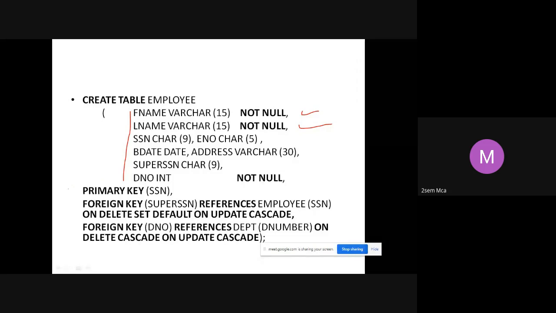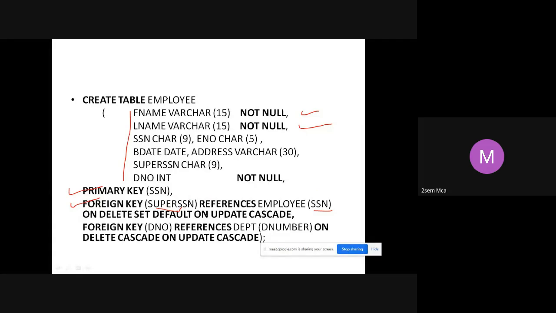Next, primary key of SSN, so we are making SSN the primary key. Next, foreign key of super SSN references employee of SSN. That means SSN behaves as a primary key as well as a foreign key on the same table. That is where our recursive relationship comes into the picture.